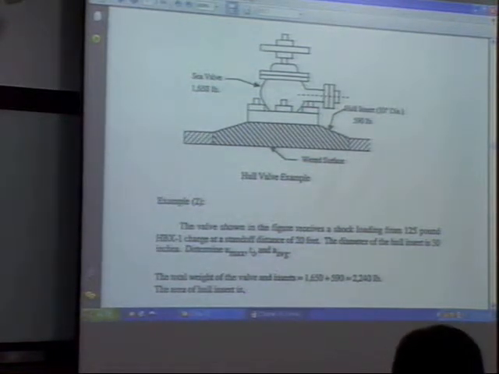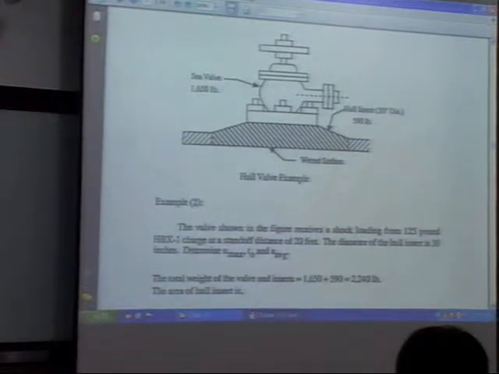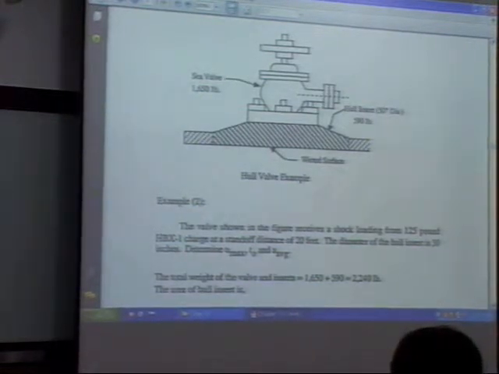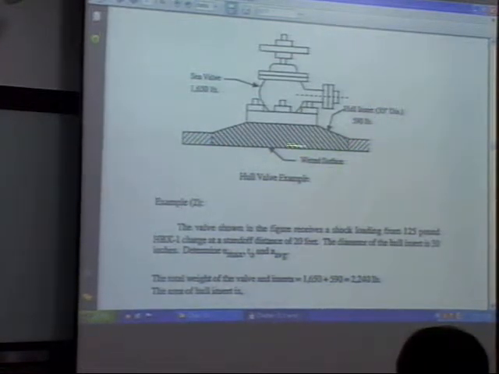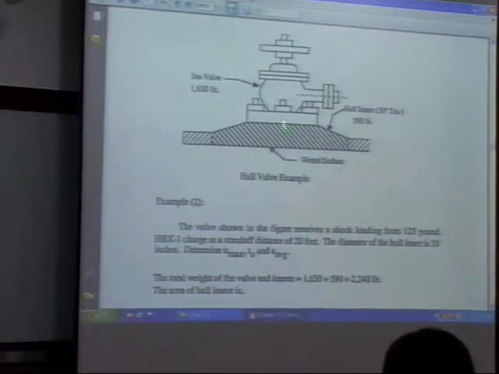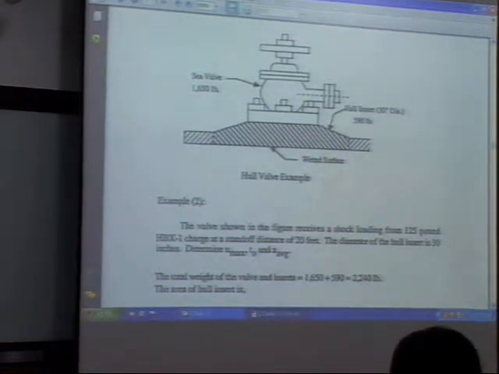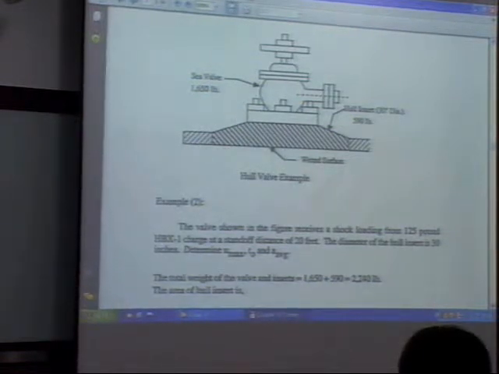The second example is much more realistic. This is a sea valve, or hull valve, example. This is like a hull, and this is a valve. Then you can take the water in or discharge the water out through the valve. This hull valve is about